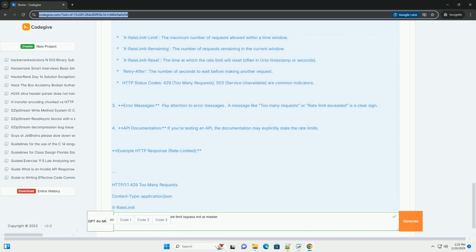4.10 Cloudflare rate limiting bypass. Cloudflare is a popular CDN and security provider that also implements rate limiting. Bypassing Cloudflare rate limiting can be more challenging. Techniques: Residential proxies. Use proxies that originate from residential IP addresses, as Cloudflare is less likely